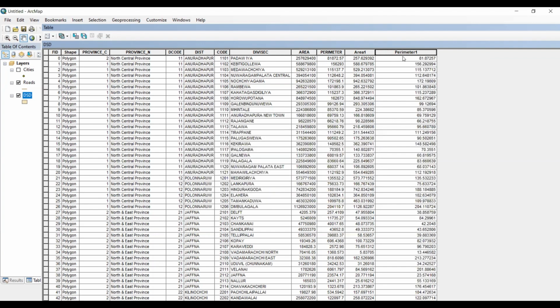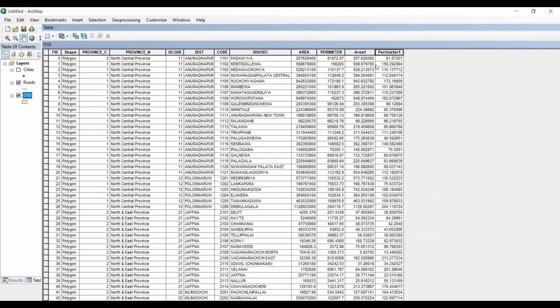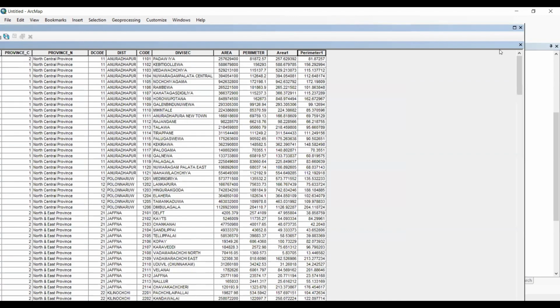So these are the values in kilometer, and you can find the differentiation. The perimeter in meters is 81,872 meters, but in kilometers it is 81.87257 kilometer as the perimeter. Okay. So these are for the polygons.